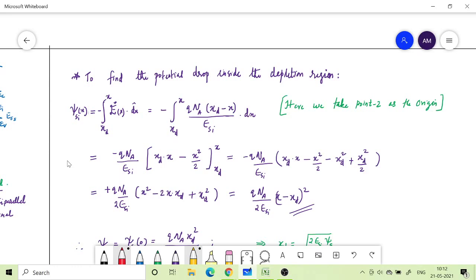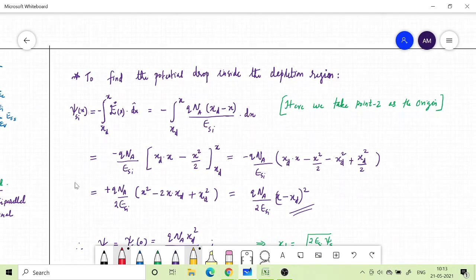So this means it is going to be quadratically varying with respect to x. At x equal to xd, it is going to be 0, right? If x is equal to xd, the voltage is going to be 0. That is what we are expecting, right? And then when you move toward the left, as x decreases, of course inside the bracket it is going to be more negative, but when you square it, the negative sign goes, right? So it is going to increase, and when x equal to 0, you have q Na by 2 epsilon Si xd square. Okay, so that is what we will get.